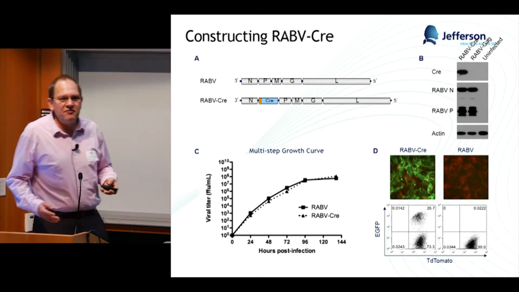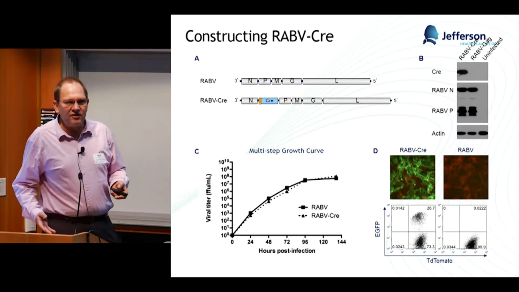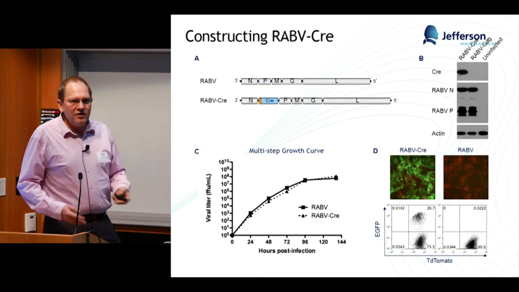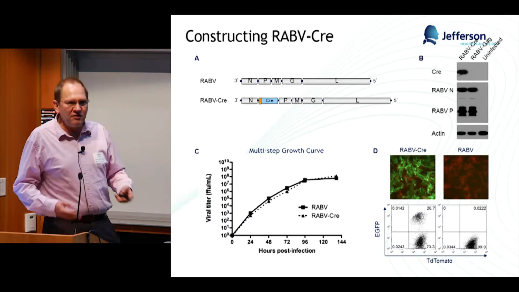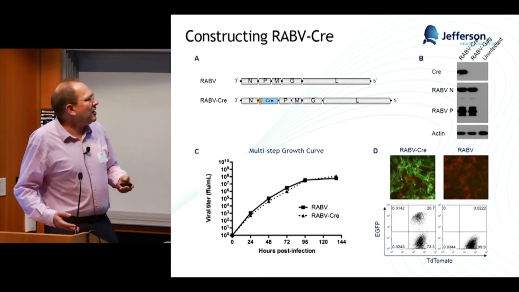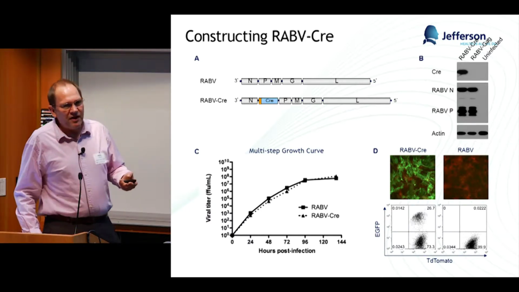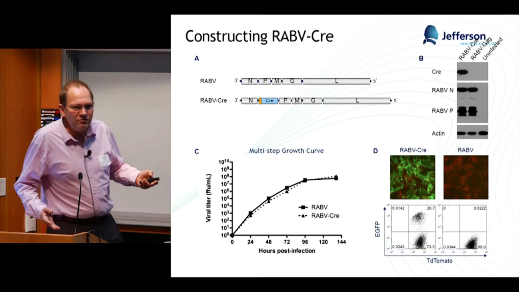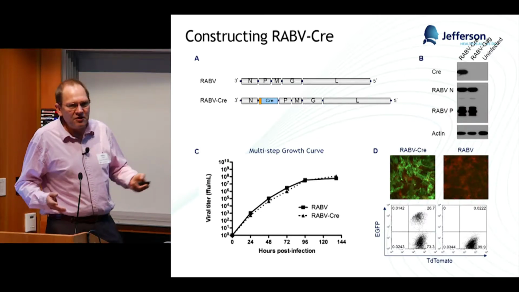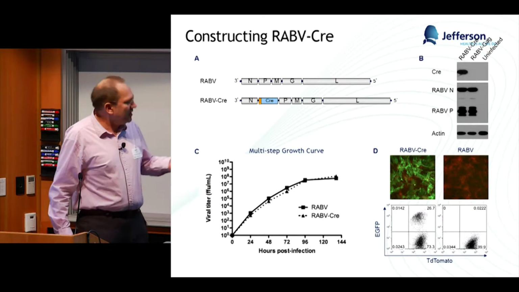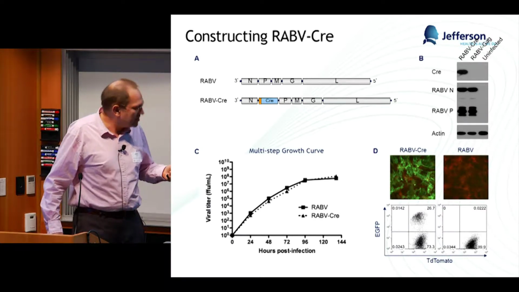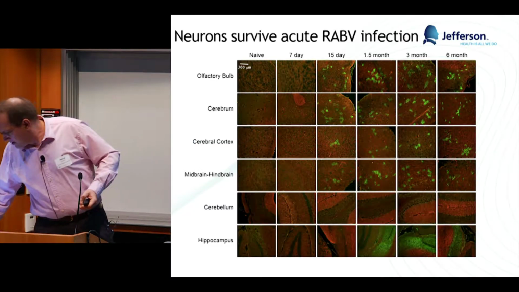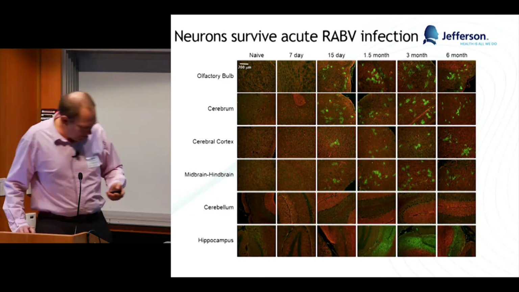The problem is really, if a cell gets cleared after the infection, you won't find it anymore, right? So you can't look for the antigen. So if you use a not so pathogenic rabies virus and you look in a mouse 2 months later and it survives, you really don't know what happened to the cell. So with this system, we want to solve that problem, and it actually worked better than I thought.